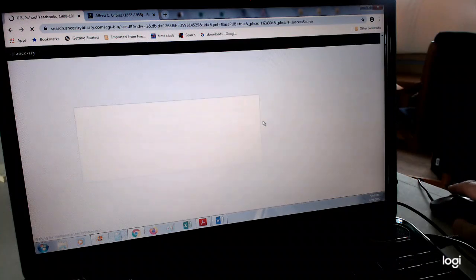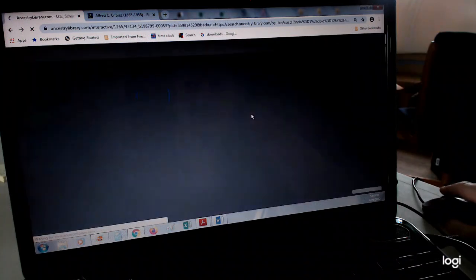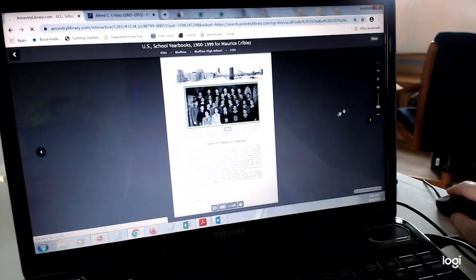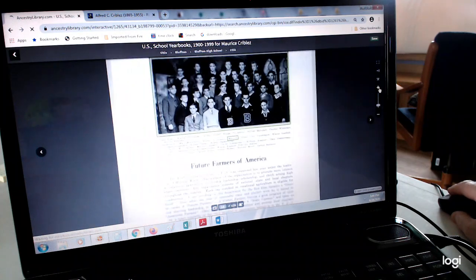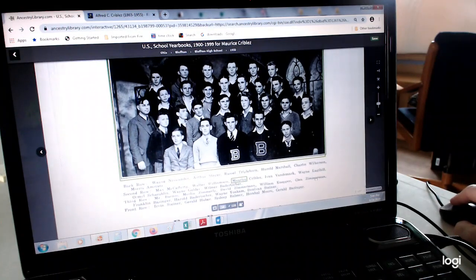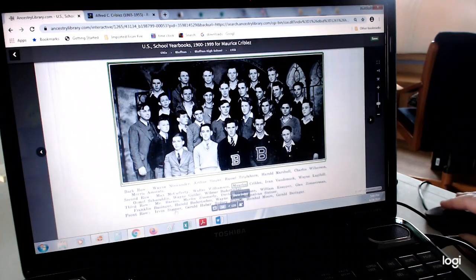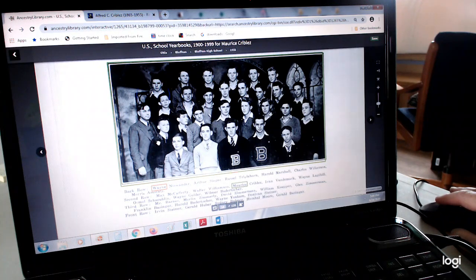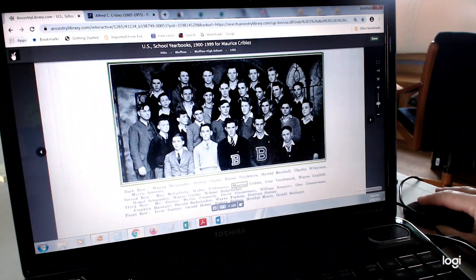Here's where he was 16. But it just adds a little more to your family history when you can get some of these more unique things. They're just not dates on a paper, they're actually people. And he is in the second row. It says, let's see, Max, Walter, that's him right there. So you can kind of watch them grow up. Gives you a different perspective.